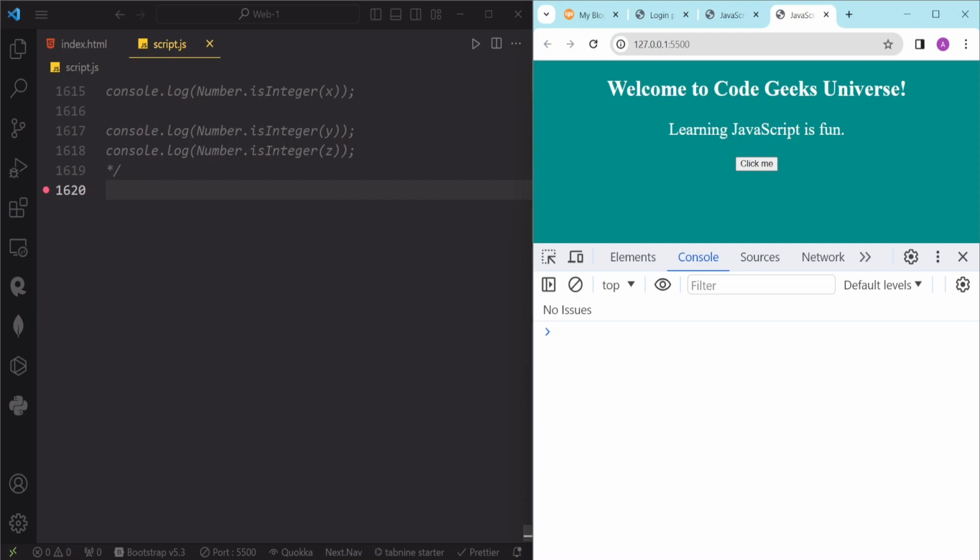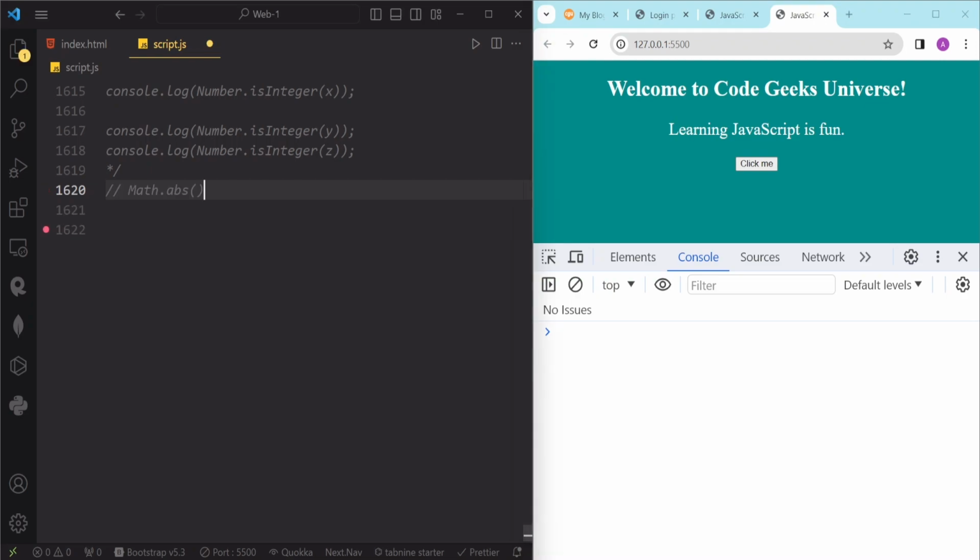The Math object is not a constructor, so you don't need to create an instance of it. We can simply access its properties and methods by using the dot notation like Math.PI, Math.sqrt, etc. In this video, we will cover some of the most useful and common methods of the Math object. We will also see some examples of how to use these methods in our code. So let's get started. First of all, we are going to learn about